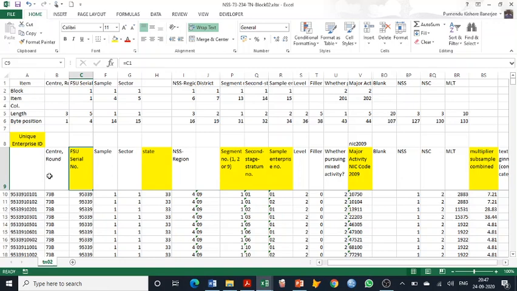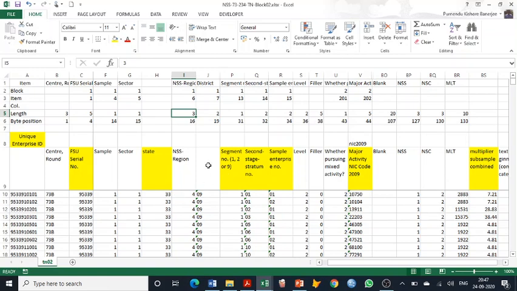Here, instead of having a separate column for state, because we already know that NSS region is 3-digit and the first 2 digits of NSS region are the state, we have created an additional column, inserted it, and took it as state. The first 2 digits we have kept as state and the third digit we have kept as NSS region.